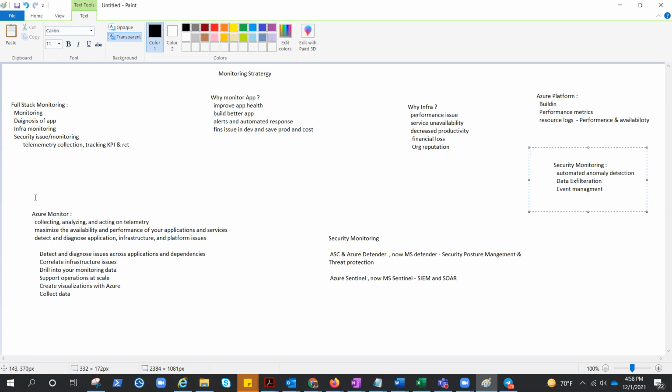So let's understand Azure Monitor a little bit. Well, Azure Monitor is a service for collecting, analyzing, and acting on telemetry from your cloud, and let me repeat it again, and on-premises environment. Yes, you can utilize Azure Monitor for your on-premises environment as well. It helps you maximize the availability and performance of your applications and services. Azure Monitor enables you to detect and diagnose application, infrastructure, and platform issues, as we have already seen in the